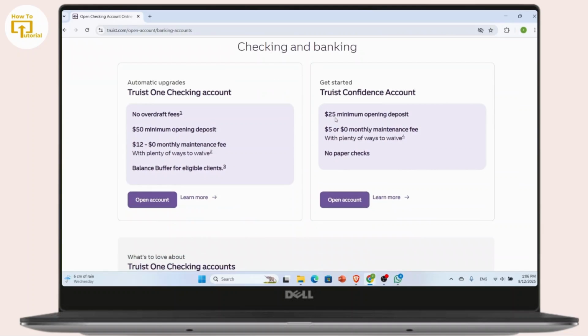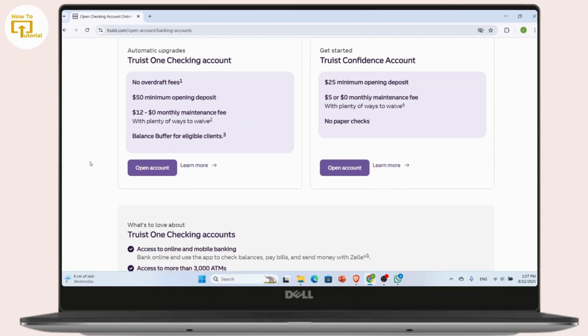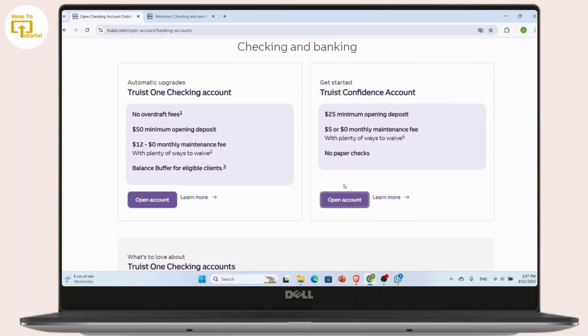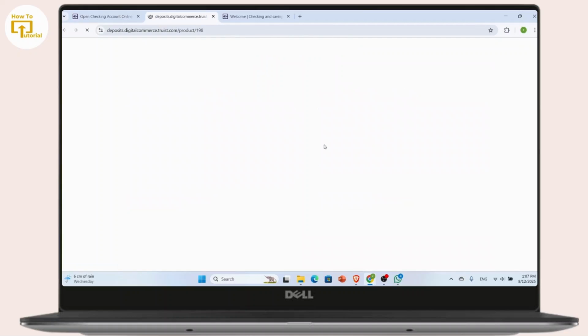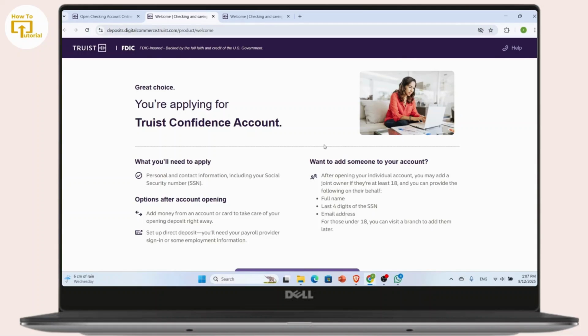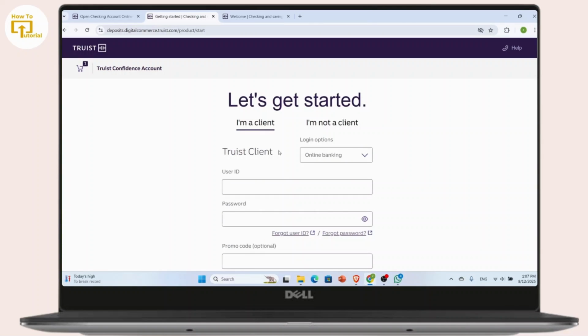So there you can read through the features like monthly fees, ATM access and perks, and then simply select the open account button. After that you will be taken to an online application form, and there you need to fill in your full legal name, date of birth, social security number, a valid email address and phone number,